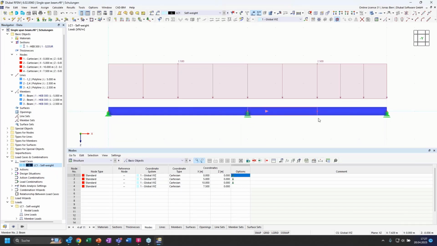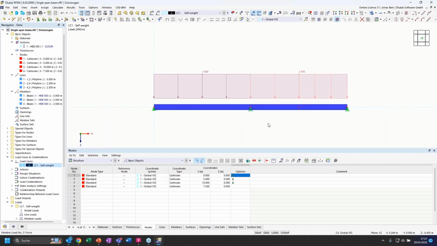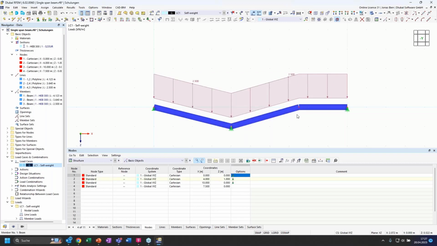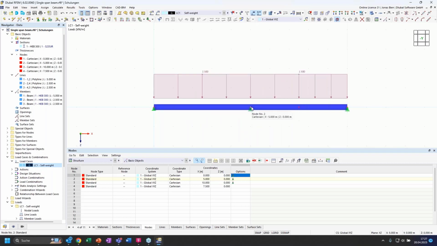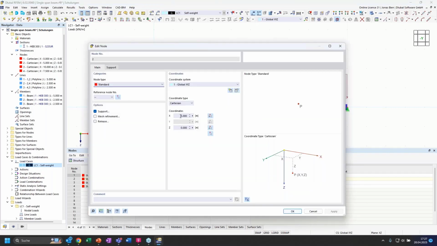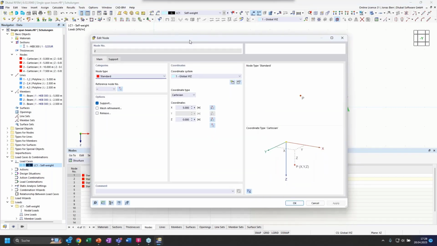the location of our nodes. So everything here is connected with each other. If I change, for example, the position of this node in hindsight, it would sync up with all the other objects that I have defined in my model, because the lines and the members and so on are related to this node, and they are modified accordingly if I change the position of this node. And I can set the position of the node also by